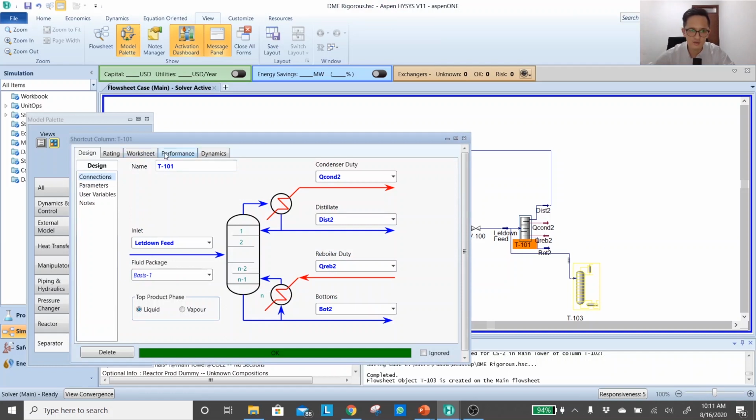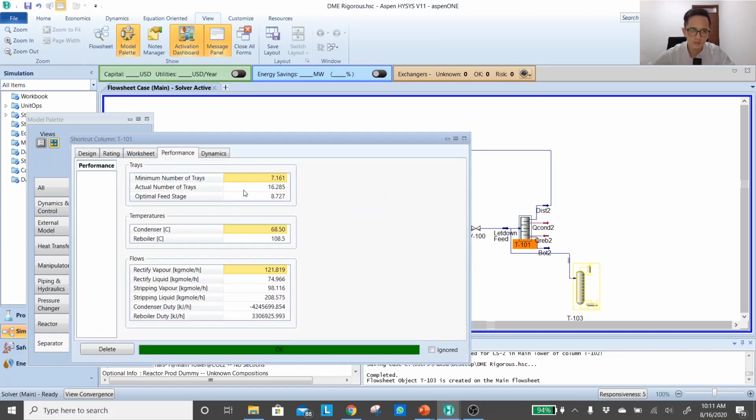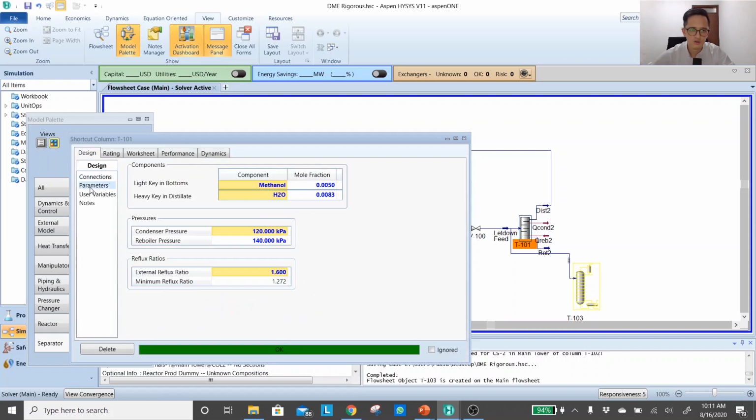Open the shortcut, see the performance, put the actual number of trays, put the optimal feed stage, and then check your reflux ratio of 1.6, which will be changed later on, to get your final compositions.